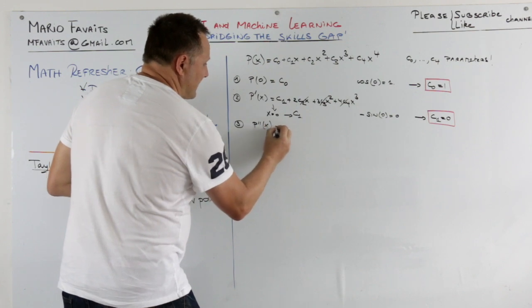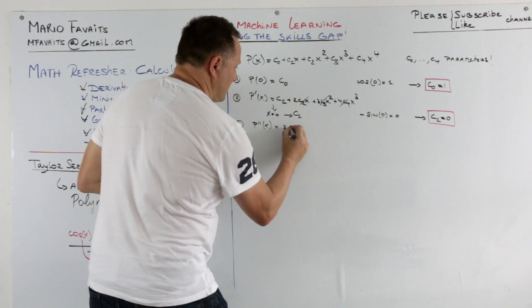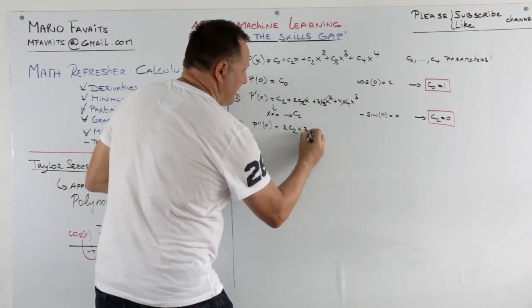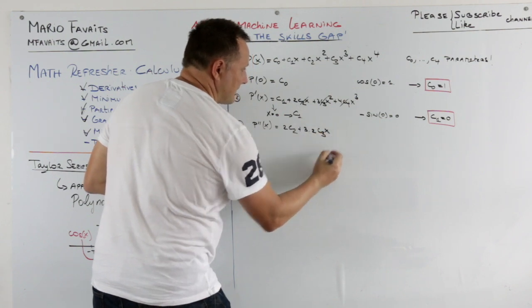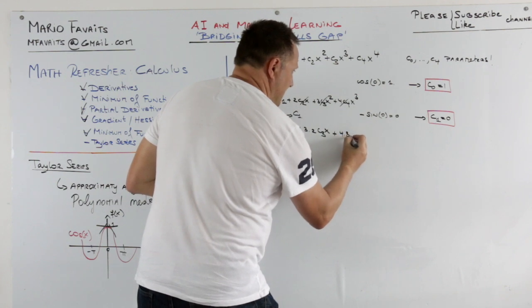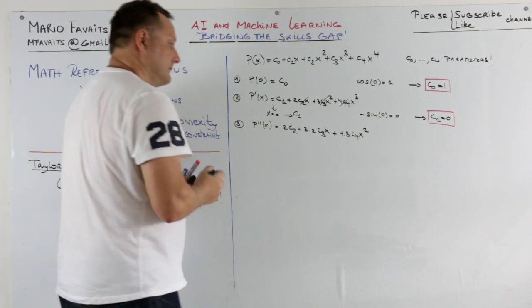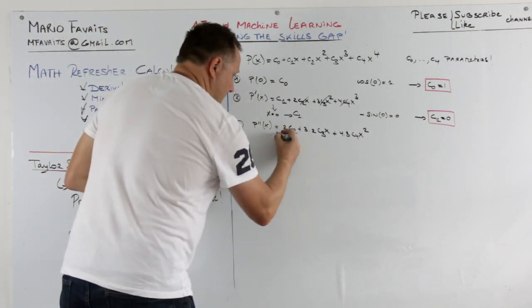P double prime of x is 2C2 plus 3 times 2C3 x plus 4 times 3 C4 x squared. When x is 0,